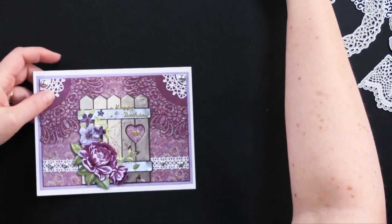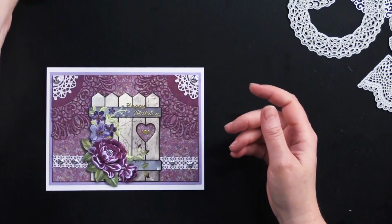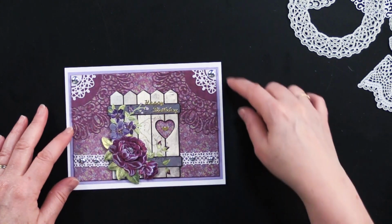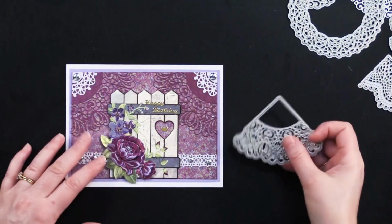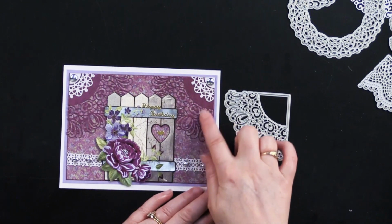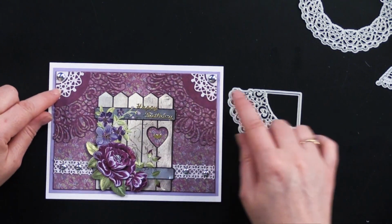All right, and for this one, this used one of my favorites, is 6x6 picket fence patterned cardstock. Really using all 6x6 today. This is a 6.5 by 5-inch card. And then I used this corner right here, this corner piece, which is a quarter doily. And I cut that out of the burgundy right there and glued those to the corner,